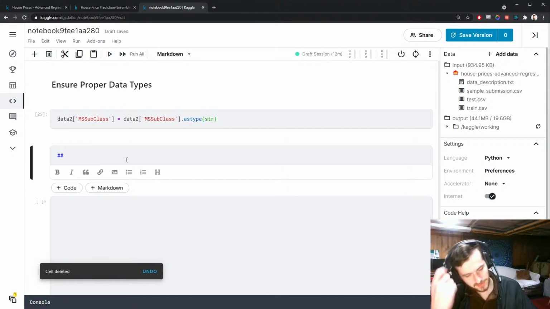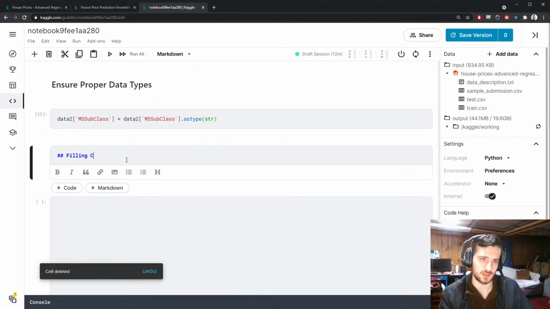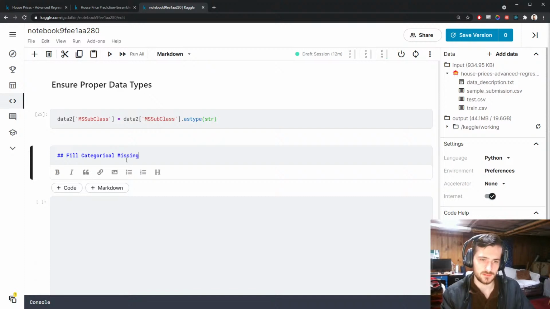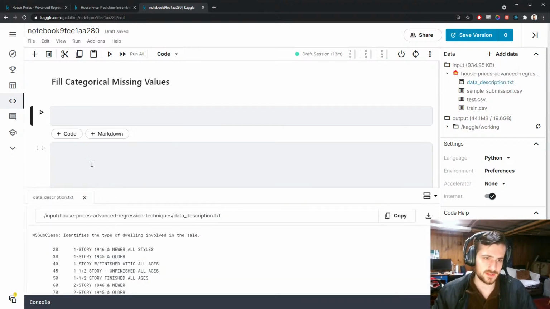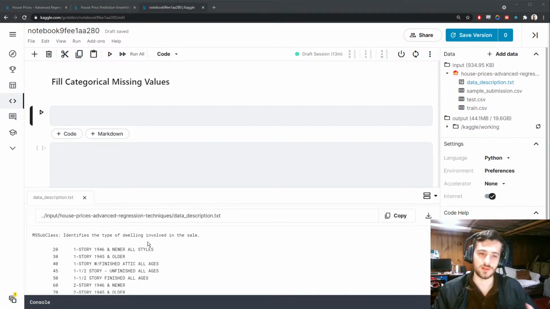So first thing is to deal with the categorical missing values. So we do this first because the only way we can impute for categoricals is with the mode. So we sort of have to manually go in and do this. We can't use numeric tricks to find the imputation. So for this, we're definitely going to have to look at the data description again, and this might take a while. We have to go through each feature now and figure out when we should fill with the